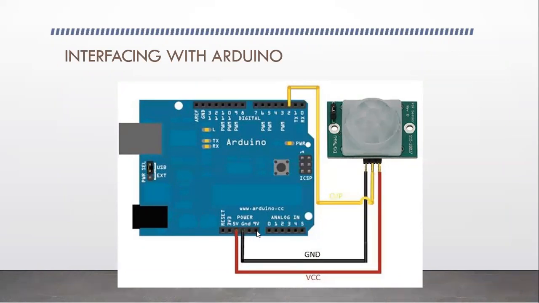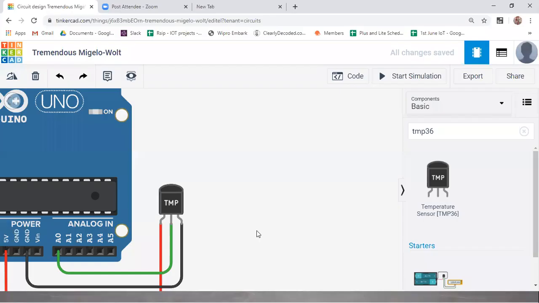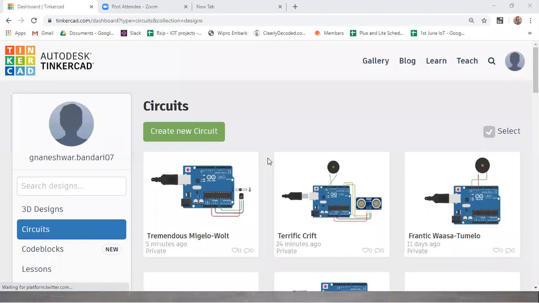Okay. So guys, let us get into Tinkercad, and now let us create that circuit. Here I'm going to create a new circuit, guys, again.